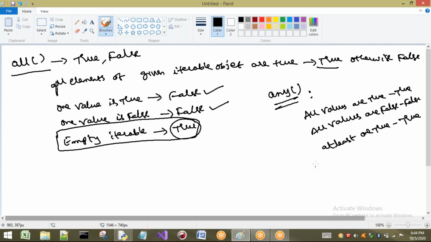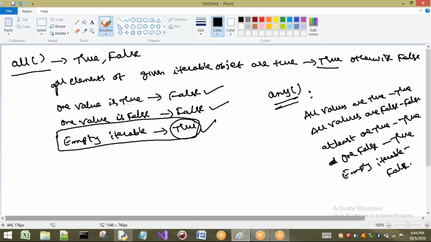Okay, right. If at least one false is there... iterable elements are true, then only it is going to return True.